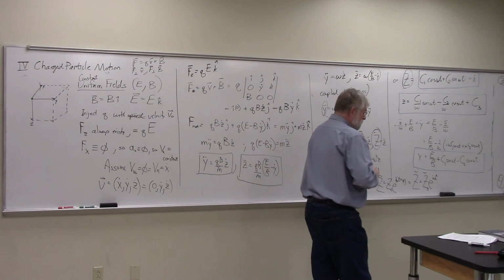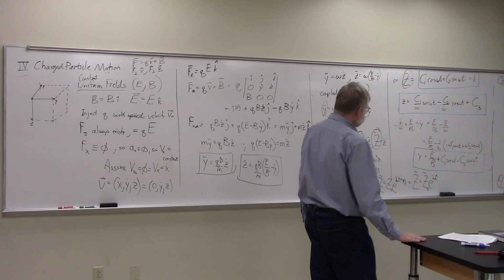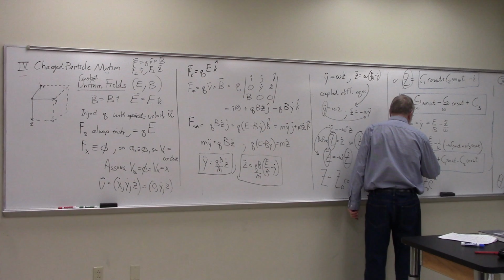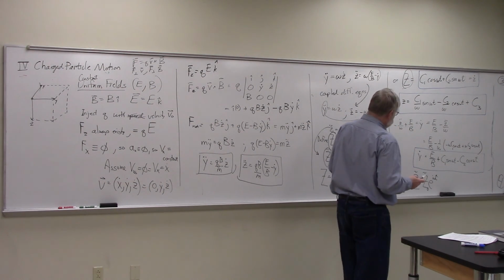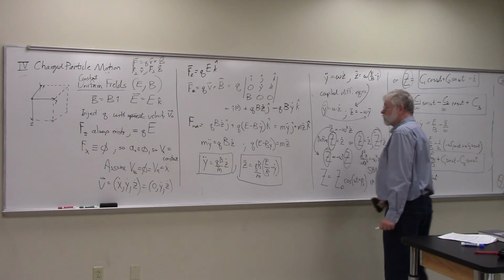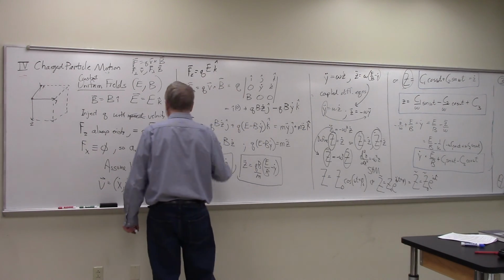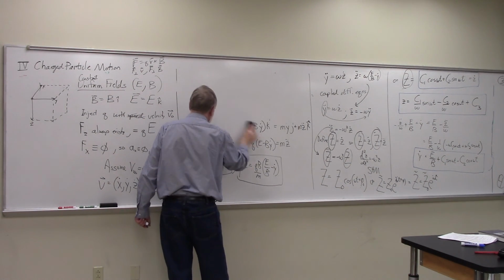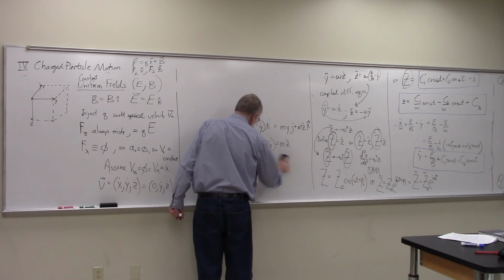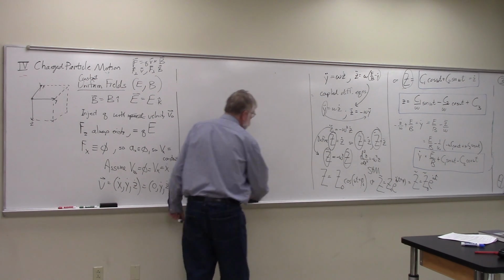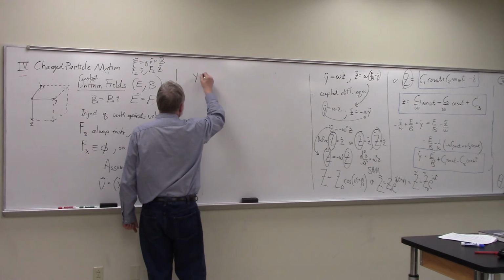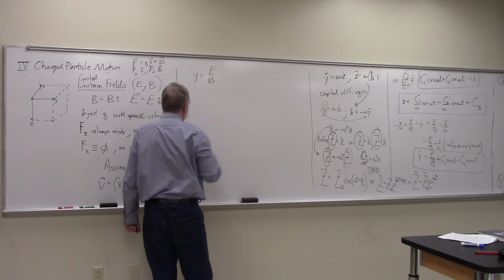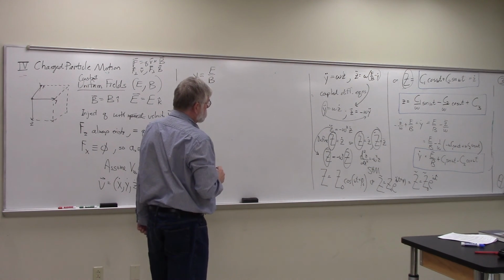So I've got Z dot, the velocity in the Z direction. I've got Z, the position, Z coordinate. I've got Y dot, the velocity in the Y direction. What's left? Just Y. You integrate that and we find Y. So we integrate. I could do this with integral signs and so forth. E over B